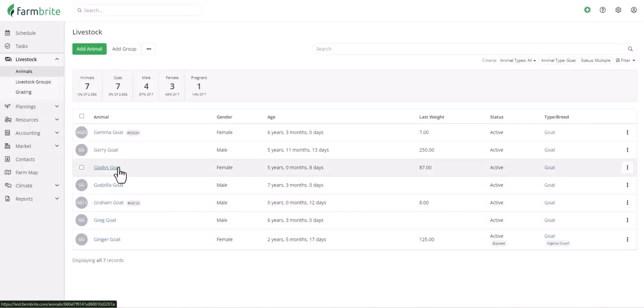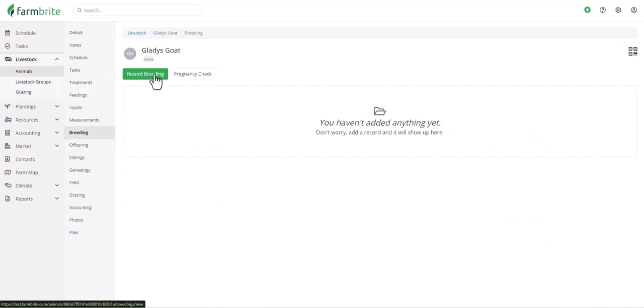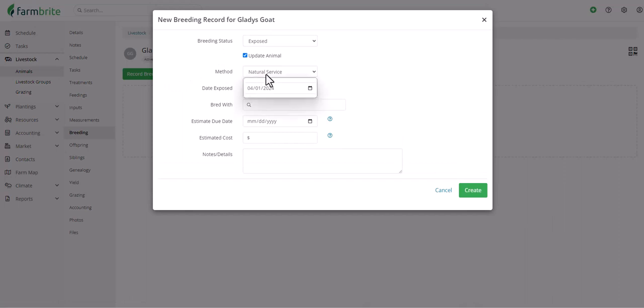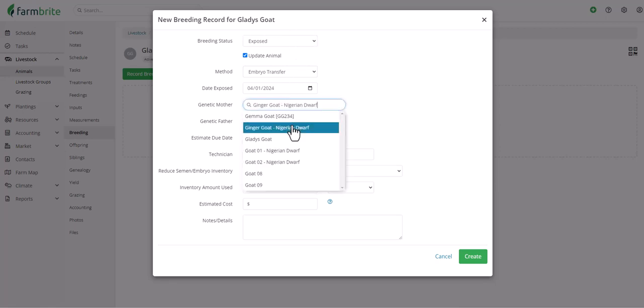Let's take a look. We'll first navigate to one of our female animals, and then go to our breeding tab, so that we can see the new choices available when using the embryo transfer method for a breeding record. When working with the animal as a surrogate, you can now track the genetic mother and father of the embryo. So while we're recording the breeding on Gladys goat, we can mark that the genetic mother is Ginger and the